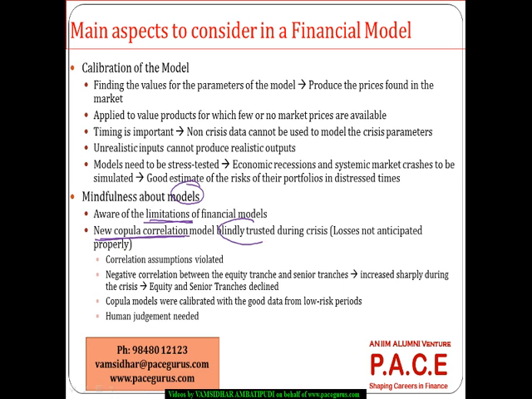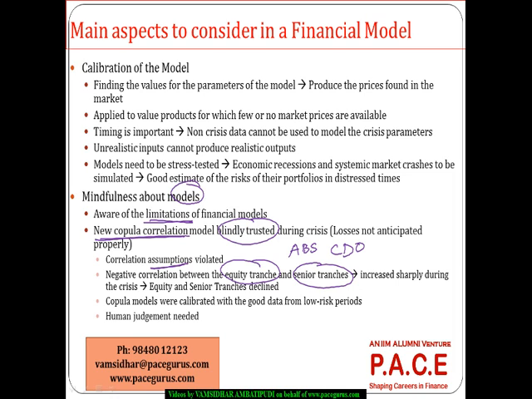There is a blind trust in that model, which could not anticipate the losses properly. The assumptions that were used as a part of the correlation got violated in the real world. And initially it was assumed that there is a negative correlation between the equity tranche and the senior tranche of the ABS